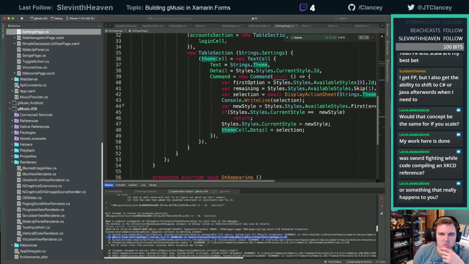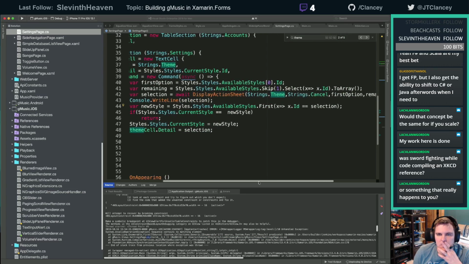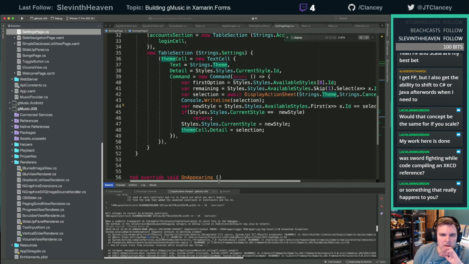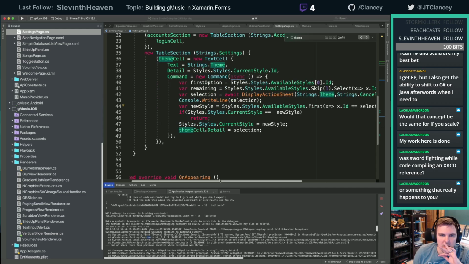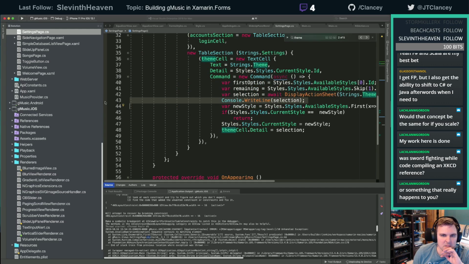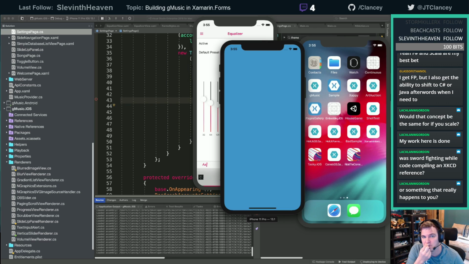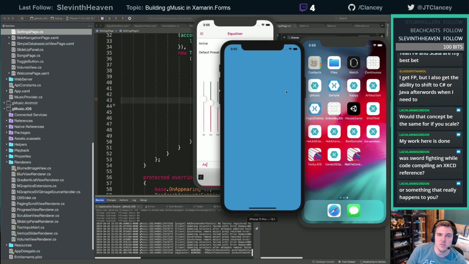Settings page. Is it this line 40? What's first? Cancel. Oh, right here. If I cancel, it's something else. Let's see what selection is. Maybe it's -1. And I need to say if -1 return.